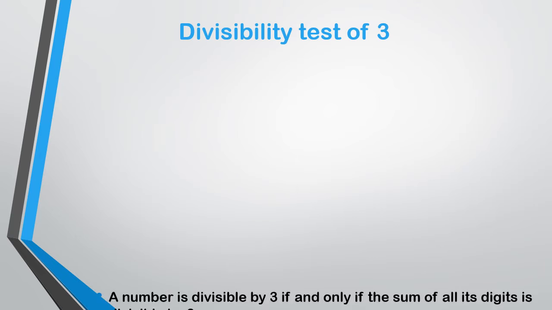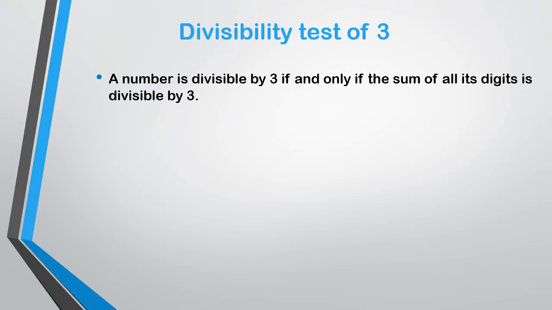How can we find out a number is divisible by 3 or not? For smaller numbers we can use multiplication tables, the 3 table, isn't it? For larger numbers we can use long division, but it is a long process. So now we are going to find out a simple method to find out the divisibility of 3.